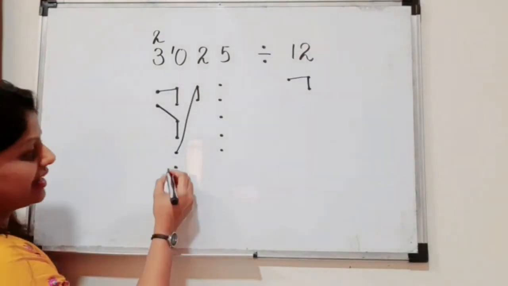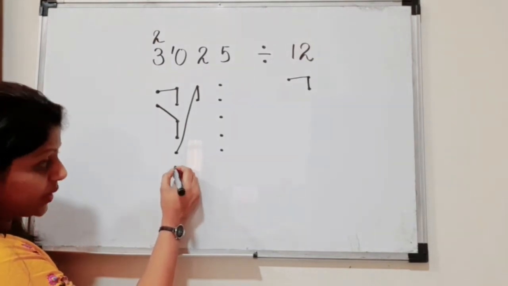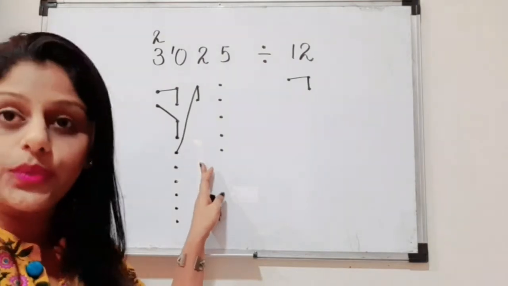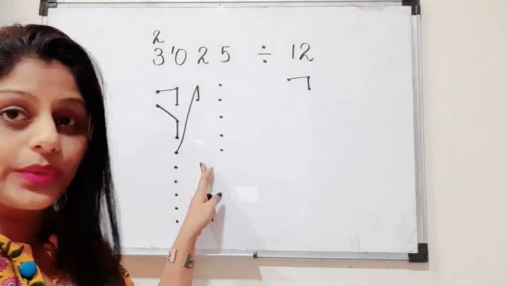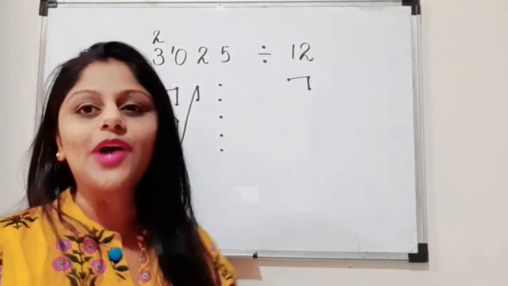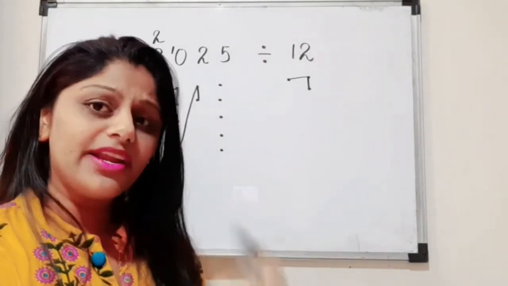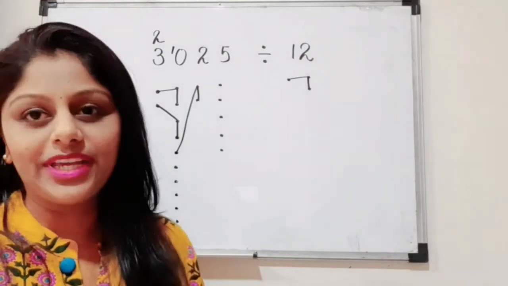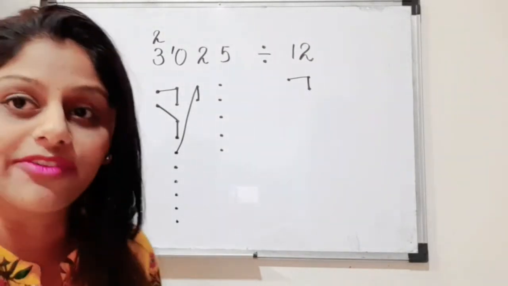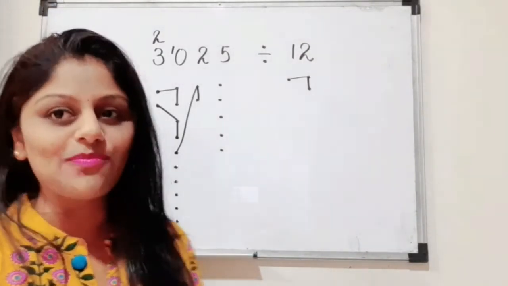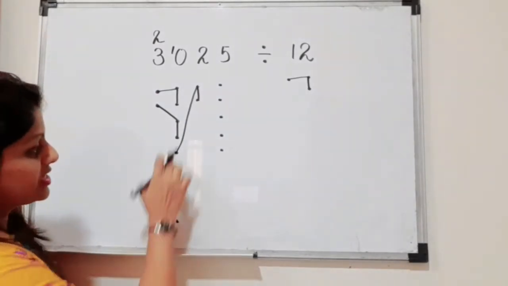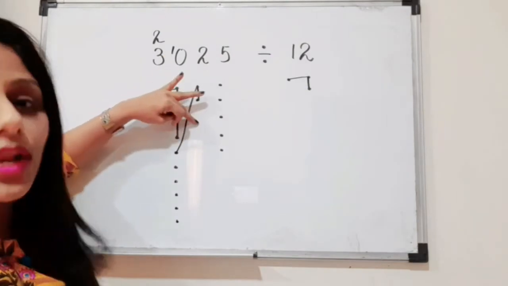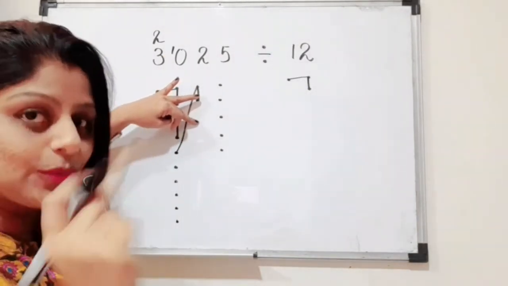Now we can see that in the next column, we have 1 dot over here, but in the next column, do we have 2 dots? We don't have, correct? So this is also a problem when the very next consecutive column should have 2 dots, otherwise we can't join it. Okay, so if it is not having 2 dots, again the same method of borrowing we have to follow. This column is having 1 dot, but does this column have 2 dots? No, we don't have 2 dots in this.